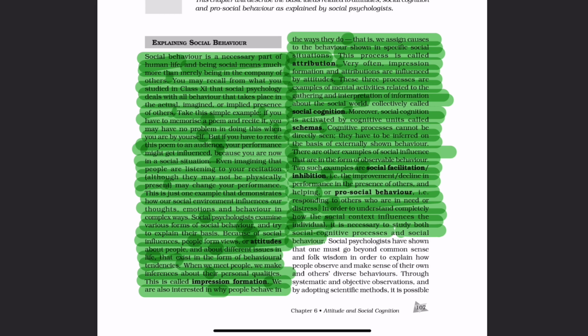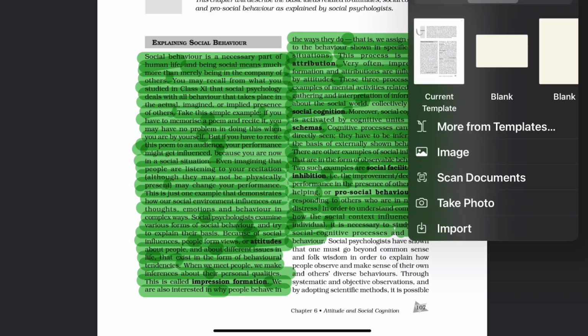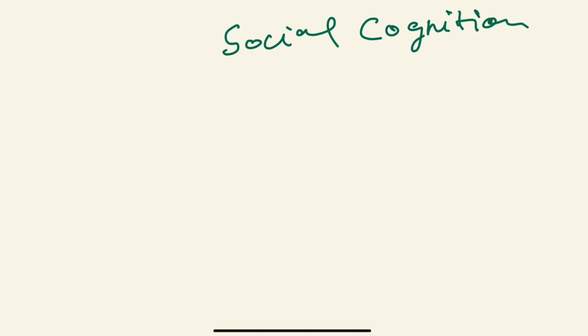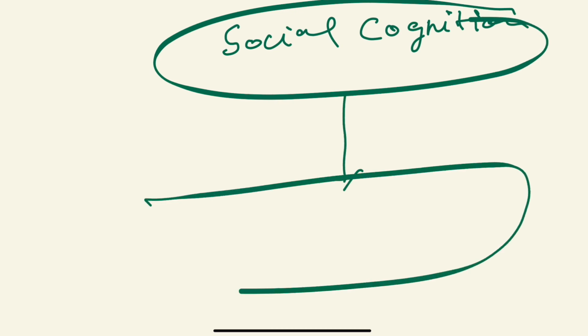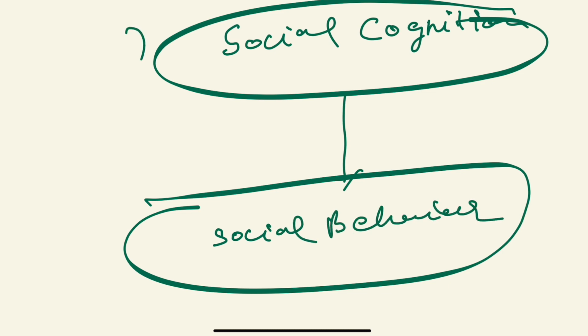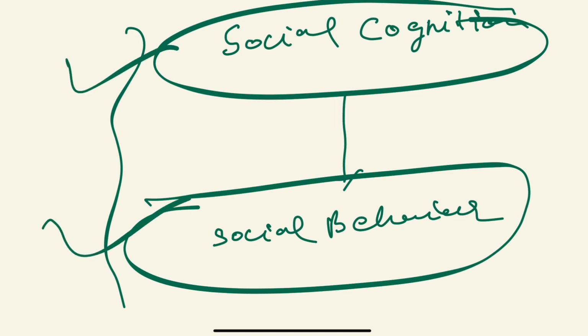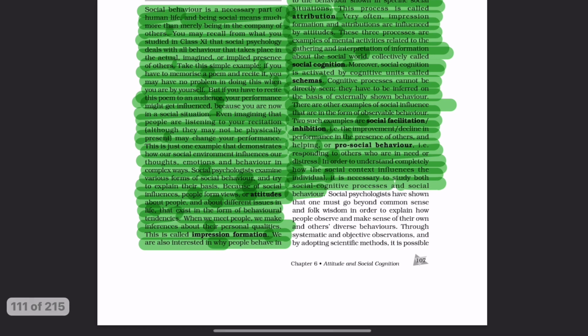So अगर हमें अंडरस्टैंड करना है कि हमारा जो सोशल साइकोलॉजी है कैसे काम करती है, तो दो चीज़ें हैं। एक तो है सोशल कॉग्निशन। अब आपको पता है सोशल कॉग्निशन क्या है, कि हम सोचते हैं इन द कॉन्टेक्स्ट ऑफ सोसाइटी, तो दैट इज सोशल कॉग्निशन। और हम उसको देख कैसे पाएंगे, हम उसको देख पाएंगे सोशल बिहेवियर के थ्रू। तो अगर हमें सोशल कॉग्निशन को स्टडी करना है, तो हमें दोनों चीज़ों को स्टडी करना पड़ेगा, तभी हम कंप्लीटली समझ पाएंगे। और ये काम होता है सोशल साइकोलॉजिस्ट का।